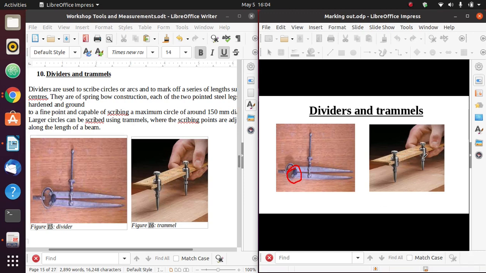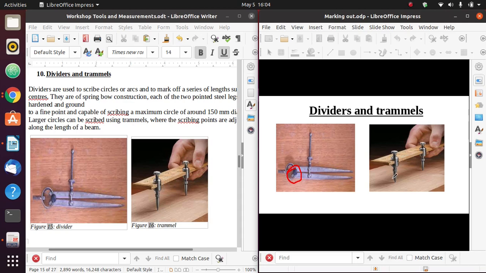One leg is a pencil. A pencil is attached to it and one of it is fixed. Now what do I do? I will take this movable leg and move it to the distance that I want to measure. Let's say I want to draw a circle that is 400 millimeters in diameter. So I will measure a radius of 200 millimeters. Then, with this point fixed, I can draw a circle around my